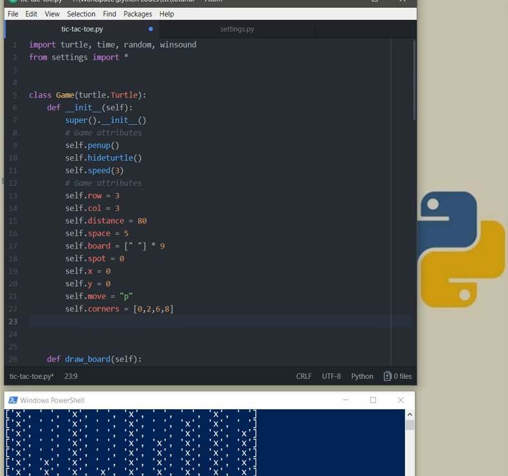And we need to have self.win_positions, which is not actually a checklist, it's positions we are going to use as a reference for the checklist function. So we need to have a list, and inside the list we have 0, 1, 2, and I think you know the rest, and 3, 4, 5, and 6, 7, 8,